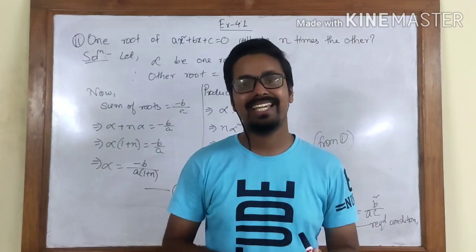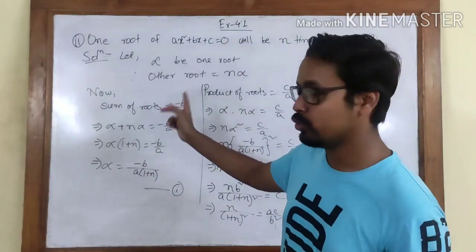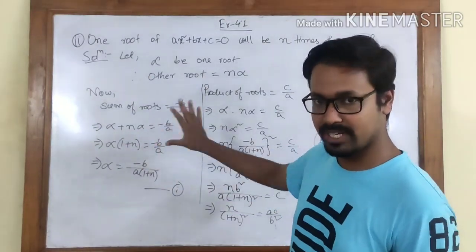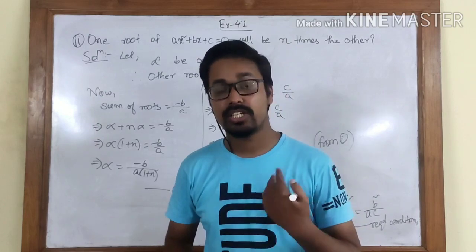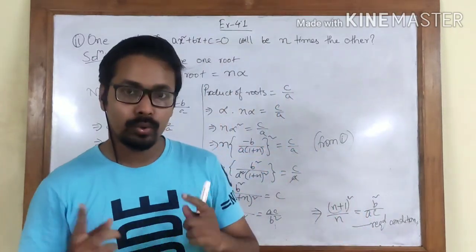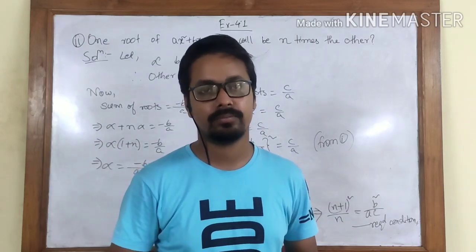So question number 3, 5 and 6 are of the same type as 1 and 2. If you understand 1 and 2, which I have explained, you can do question number 3, 5 and 6. So let us move to question number 4 and we will do question number 7. Let us try question number 4 and see how to solve it.